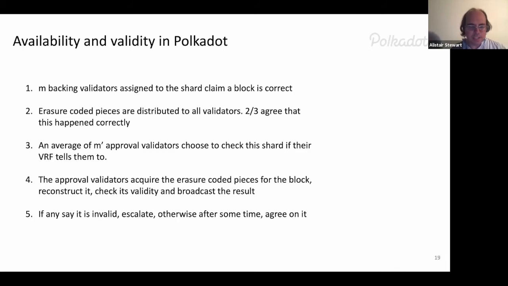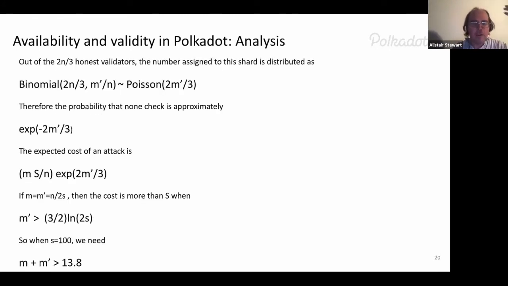Actually, this protocol is a bit optimistic. As soon as we think we know something's available, other shards are going to act on messages sent by this shard. But we're going to delay deciding that this thing is final, that we're never going to go back on it, until we're sure it's correct. And so I wanted to argue, like the main theme of this talk, what does this do to the numbers?